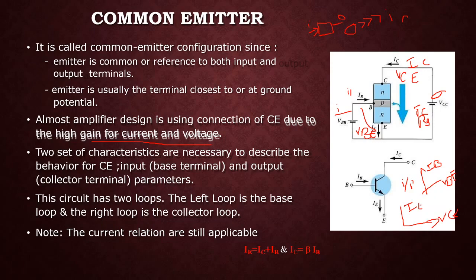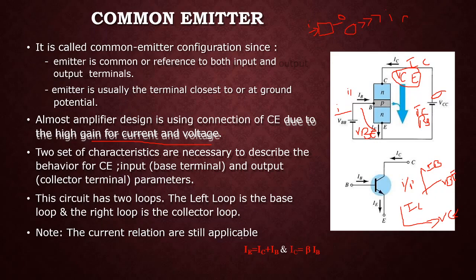In this we have two supplies, which we have to maintain. In order to study the input characteristics, the output voltage is maintained as a constant, so VCE will be maintained constant. Next, in order to study the output characteristics, the input has to be maintained as a constant. The input parameter we have is IB, so we maintain the IB current constant to study the output characteristics.